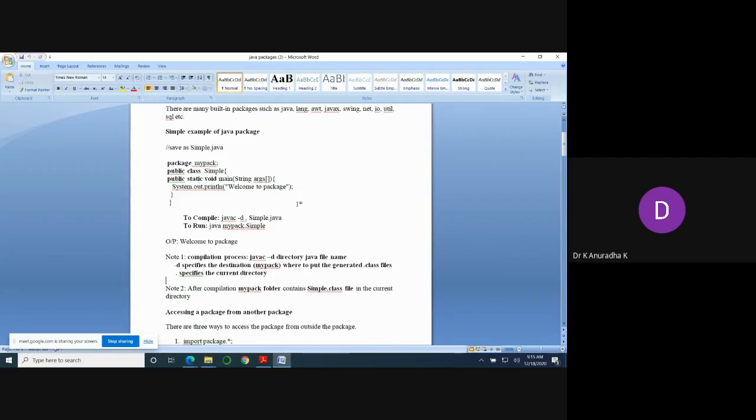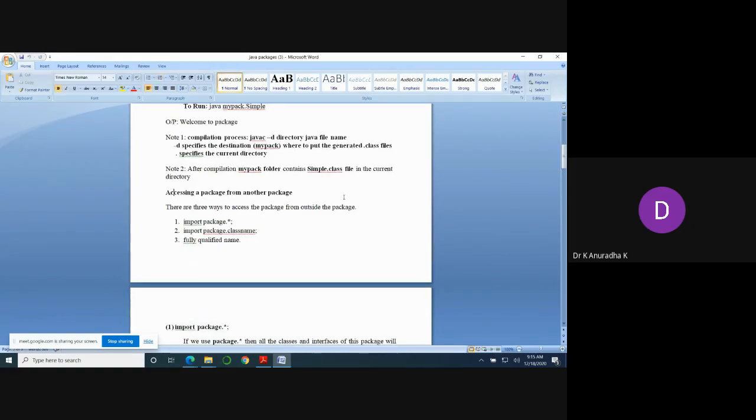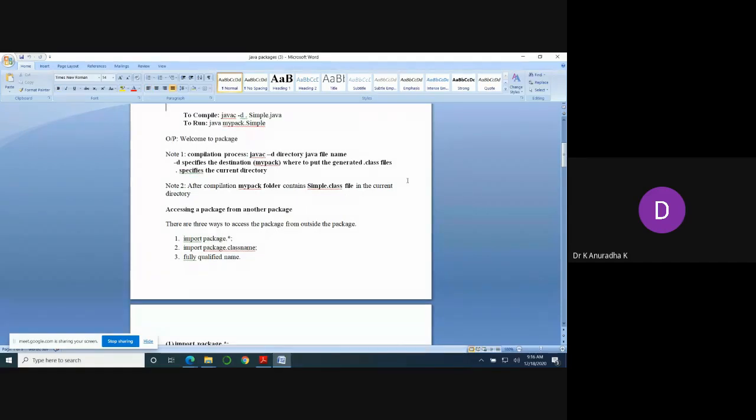Compilation. How do we compile? So how do we compile these packages? In a different way we have to compile, not like ordinary programs. So compilation is javac -d . and the file name. This dot is important. In ordinary programs, that is without package, we will write javac simple.java. But here the additional things are -d and the dot. Dot refers to the current directory, and -d directs this simple.class file